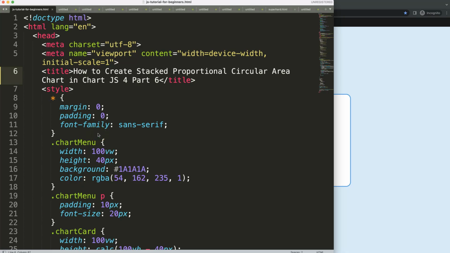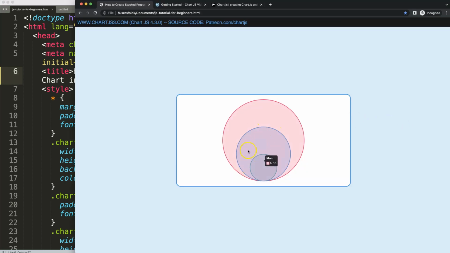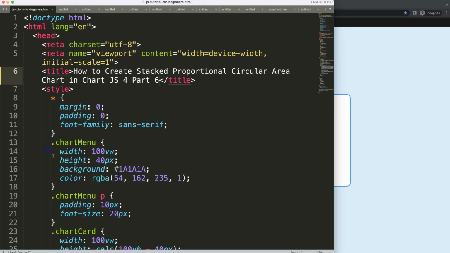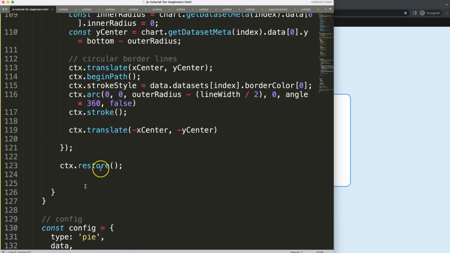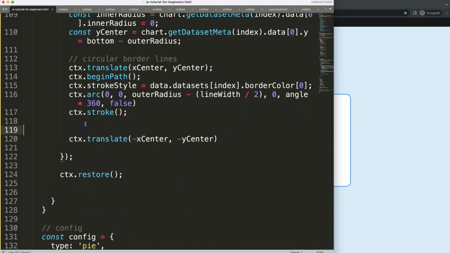So this is part 6 of creating the proportional or the stack proportional circular area chart. And what we want to do now is get this animation on the borders working. So I'm going to scroll down here, and we have already the reset here. I'll just put this on here, like reset it back, basically. And that's different from the restore. Restore is to restore all completely, but this one here, because of our animation, this is the one that is